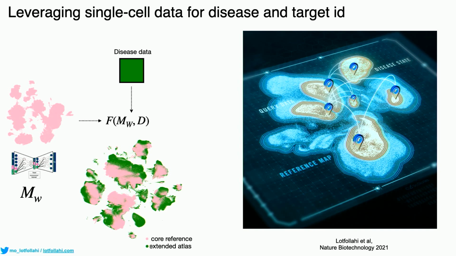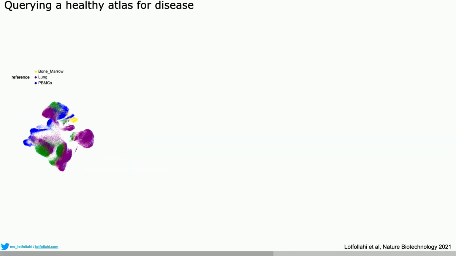And the assumption is the parts that will not be aligned are novel disease states or novel populations that are not integrated. They look good, but do they actually work in practice? So the first example that I showed in one of my papers in my PhD is you can create a healthy reference. In this case, we created a healthy reference across 3 different tissues, bone marrow, lung, and PBMCs, across 400,000 cells. And then we used this algorithm in the previous slide called scArches to project a query